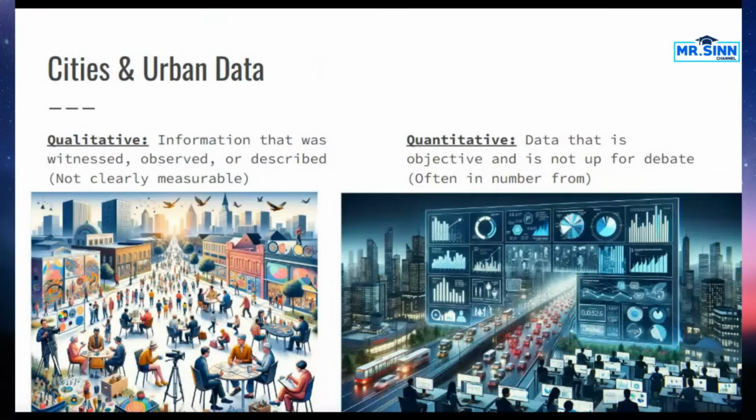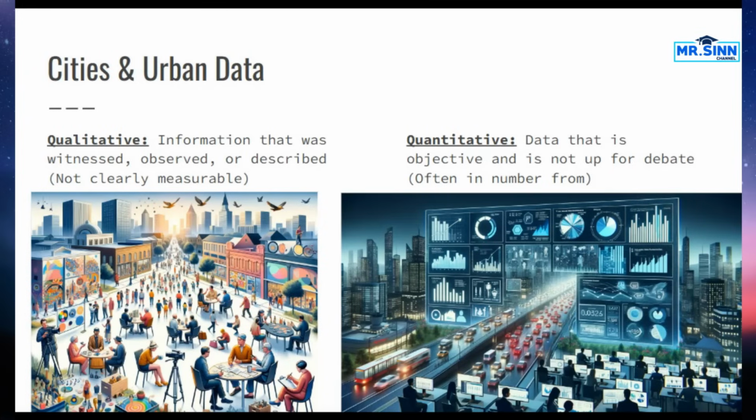Our very last thing is going to connect into data. I'll quickly put it up on the screen. We've talked about these before, and then we're going to get to our Kahoot. But when we're looking at data here, we're looking at quantitative and qualitative. And there's different ways in which cities can use data here. So qualitative, remember, is going to be opinions. It's not clearly measurable. And quantitative is going to come from like our senses. These are things that are easy to understand. We could debate why they're happening, but we're not necessarily debating the content of it.